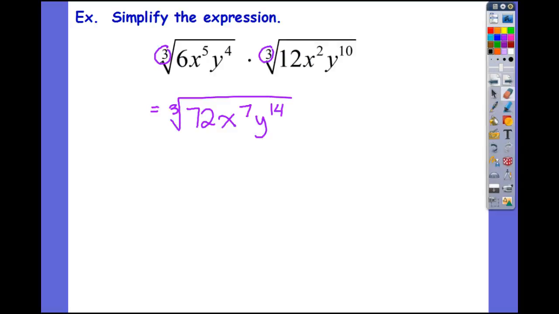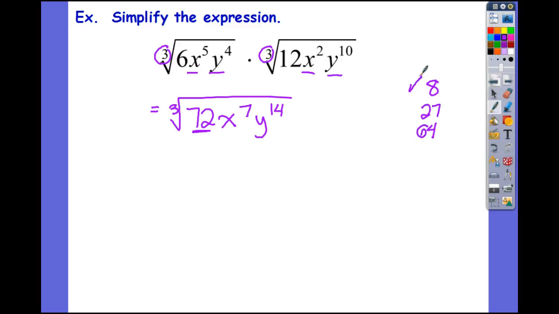So if you multiply 6 times 12, 72, x to the 5th times x squared gives you x to the 7th, and y to the 4th, y to the 10th gives you y to the 14th. So I'm taking the cube root of all of this stuff. And now from here, so I multiplied it, this should allow me to simplify a little bit nicer, because I'd be thinking, are there perfect cube factors of 72? So start listing your perfect cubes, 2 cubed, 3 cubed, 4 cubed,